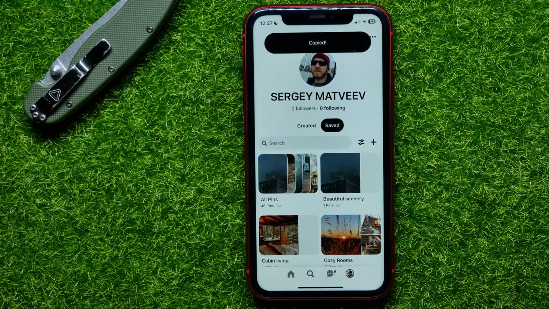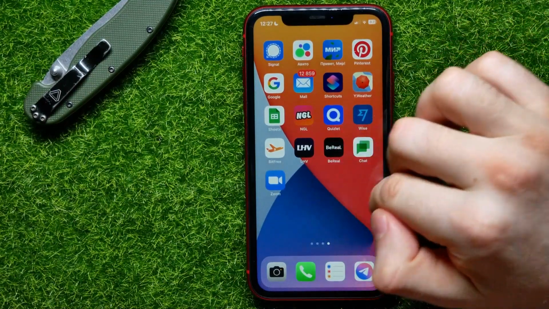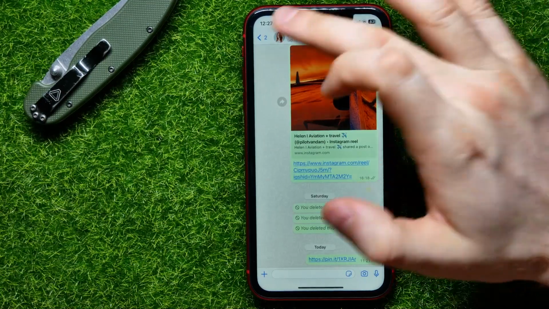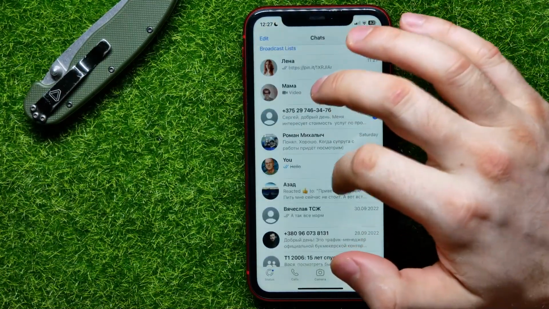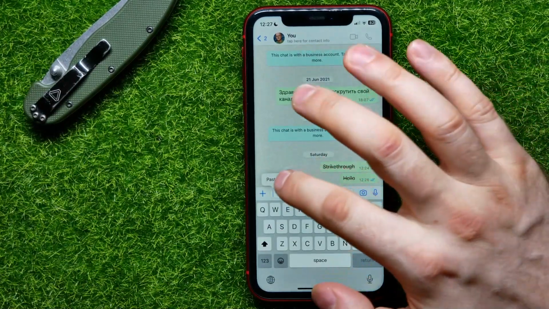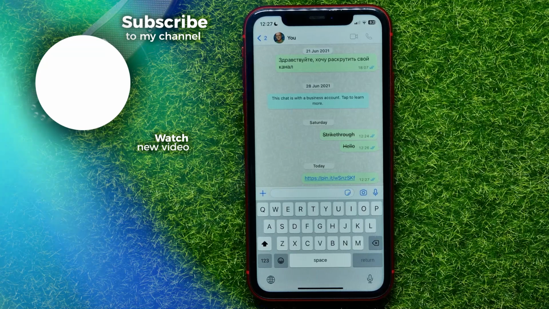Both of those actions copy the profile link to the clipboard, and now you can open up any messenger, let it be WhatsApp. Here I'll just open up WhatsApp. Now I can open up any conversation and then I can just hit on paste, hit on send to send my profile link to